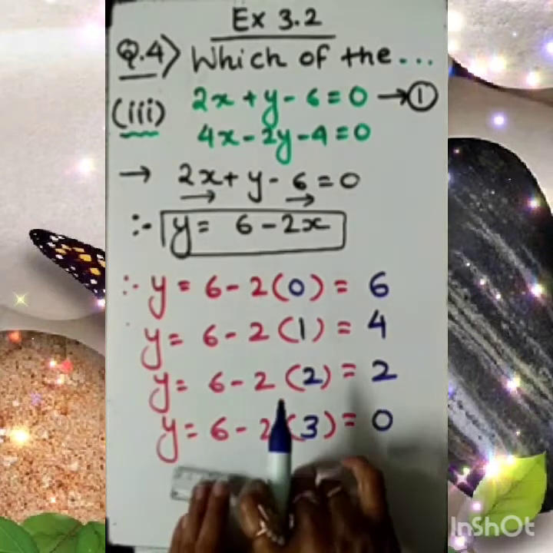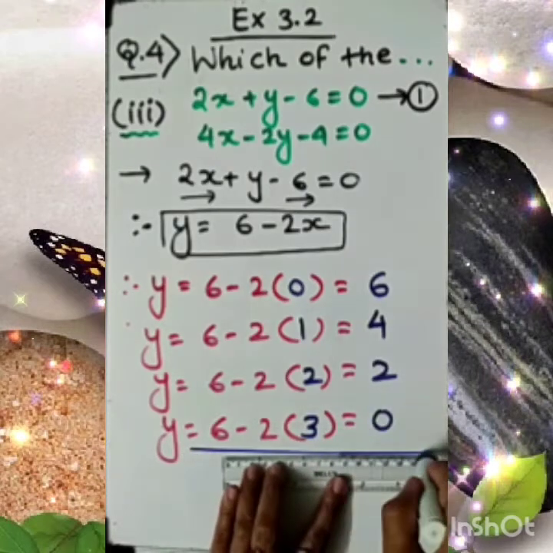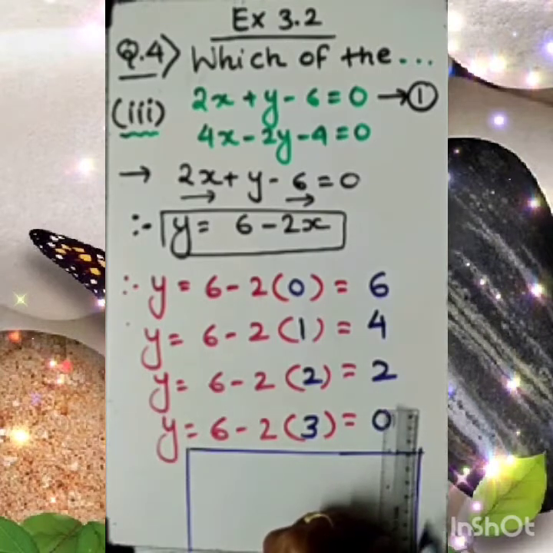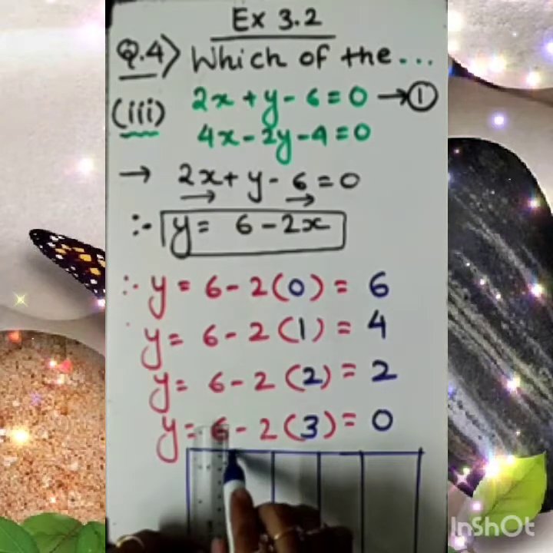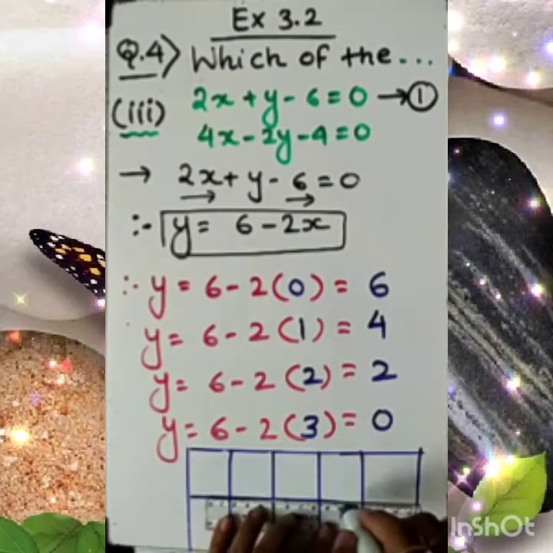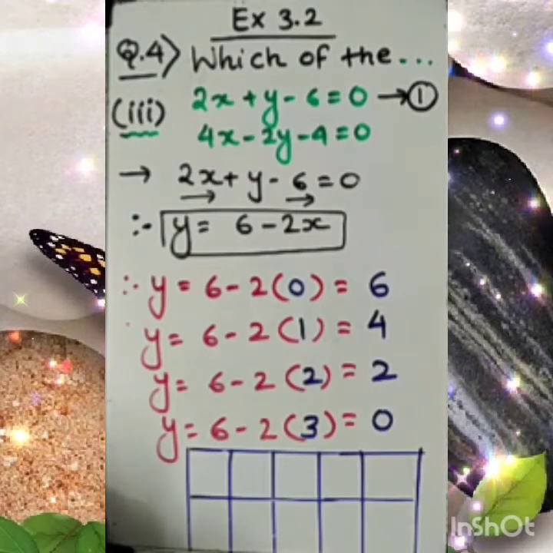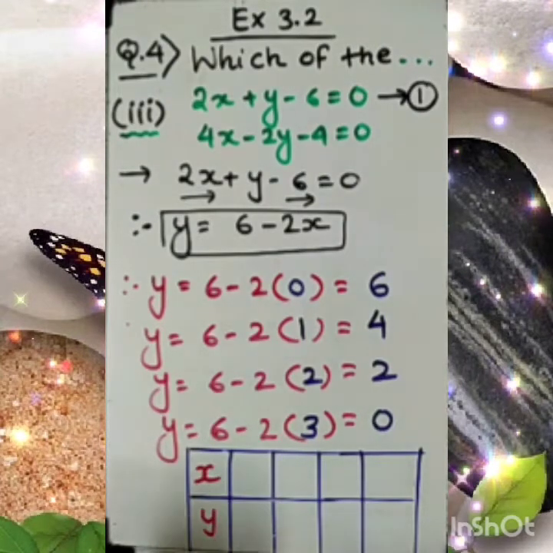As usual, whatever values we get, it's compulsory to mention them in a small table. That will be convenient for you. When you locate the points on graph paper, it will be easy to see all the points, and you can refer to them through this table. So be careful. You need to put all the values. Don't get confused in putting the values of x and y. Sometimes, in a hurry, students put the wrong value. It should not happen with you.